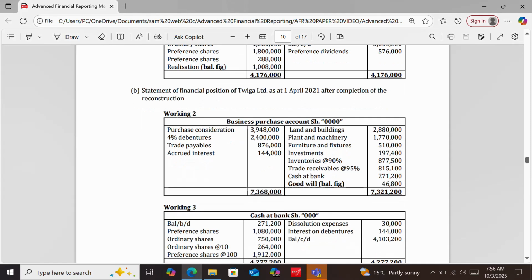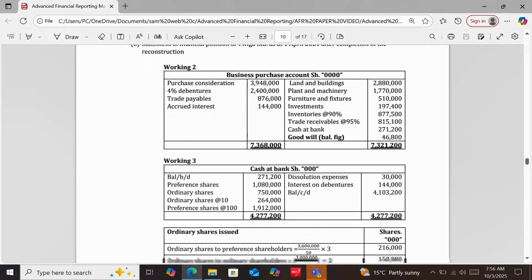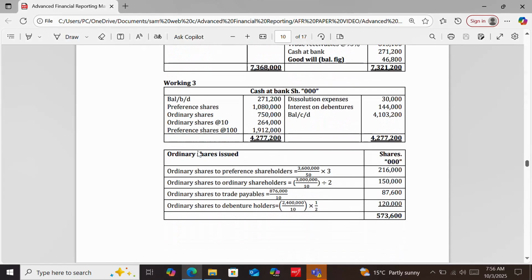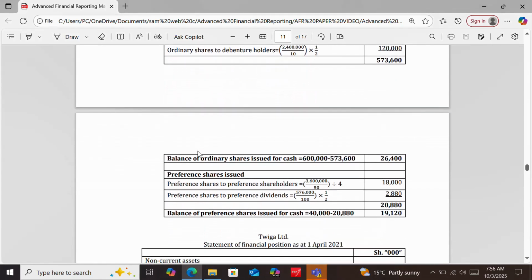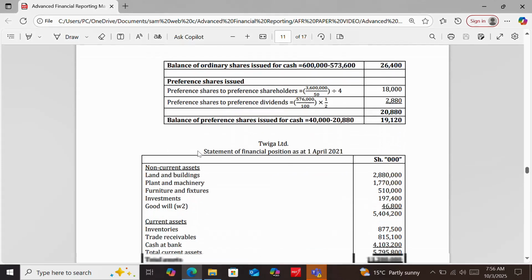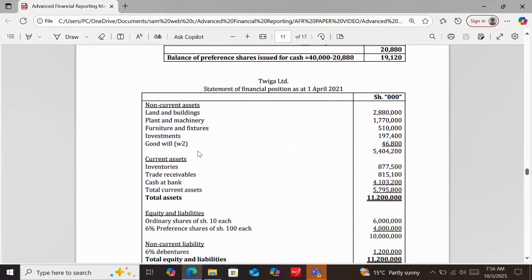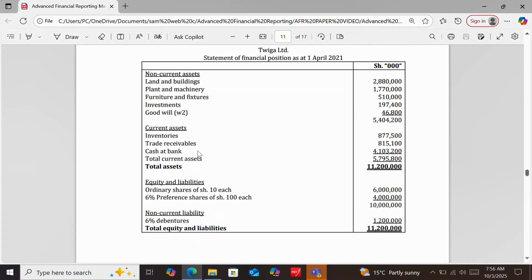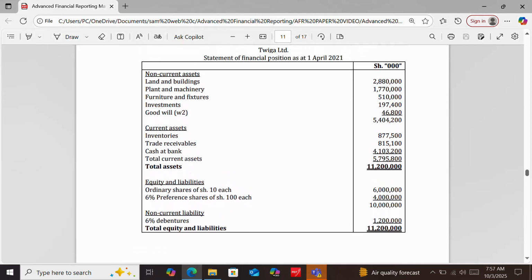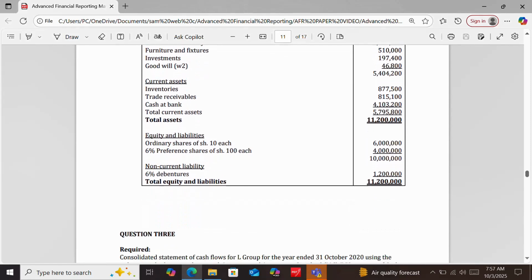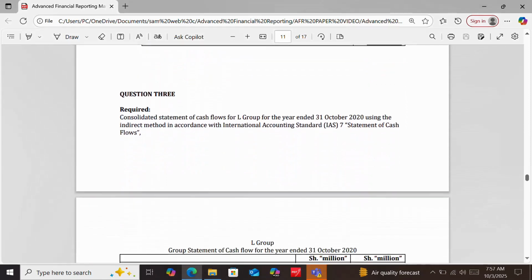But before that, we have working 2 of the business purchase account. Then we have working 3. And now we have the statement of financial position as at 1st April 2021 of Twiga Limited. From there, we go to question 3,